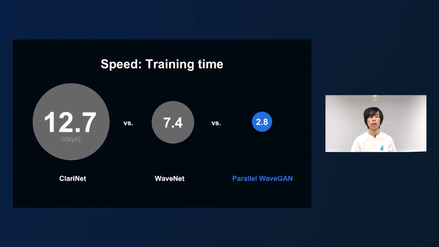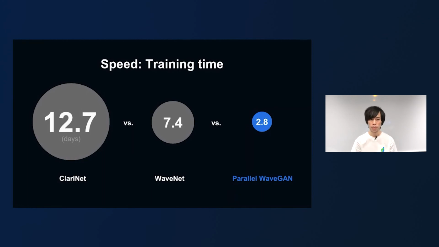Next is the evaluation result of training time. Like we did with the inference speed, we used V100 GPU to train each model. The non-autoregressive Clarinet had to train teacher and student models in sequence, requiring about 13 days, which was the longest among the comparison. The autoregressive WaveNet took about 7 days, and our parallel WaveGAN took about 3 days, which was